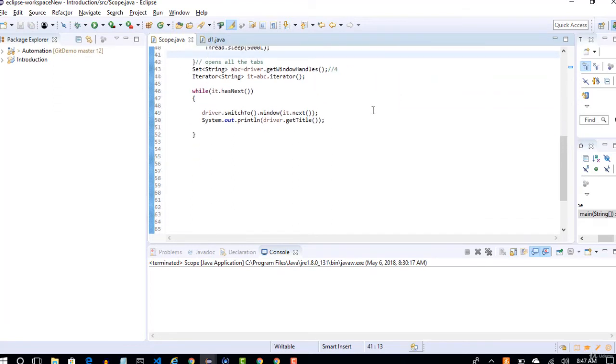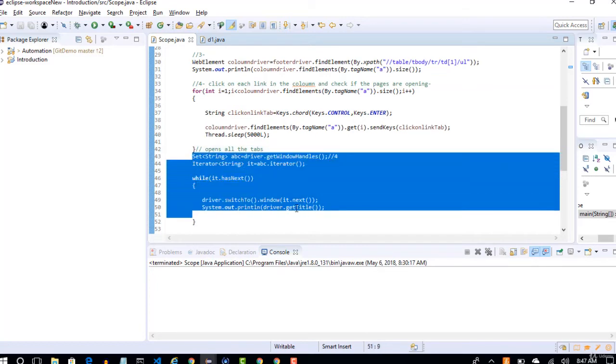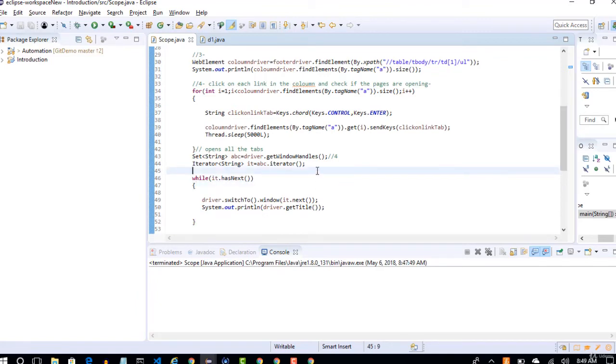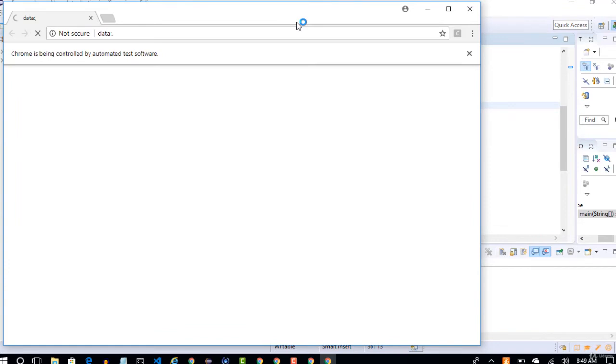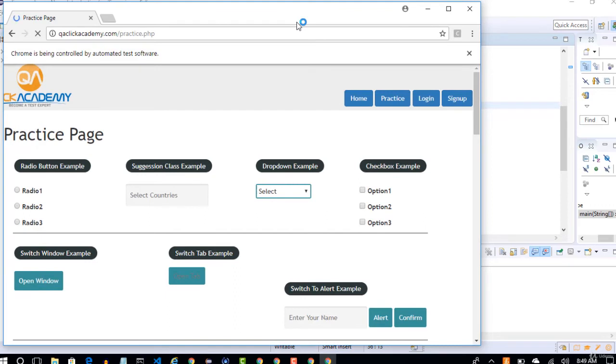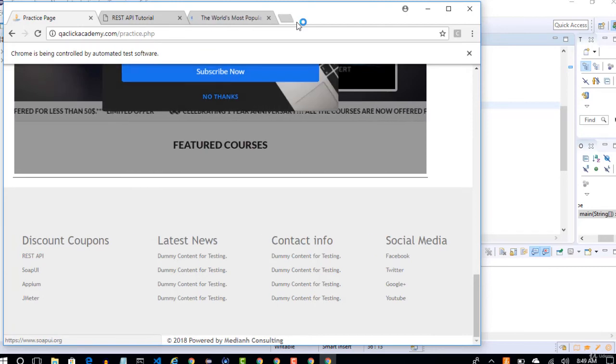Now if you run your test, as usual, like in the previous video, all the tabs will open. Thereafter, it will again start the search mechanism, navigate to each and every tab and get the title for us. So let's run this test and see how it works. I'm mostly concentrating this particular video on optimizing the test with multiple methods which we have not seen in the previous topics, like keycard and while looping, to write exact content.